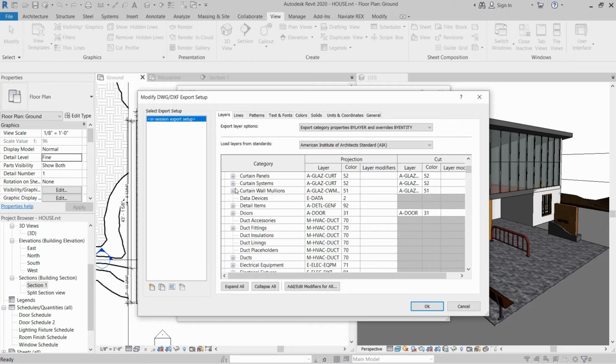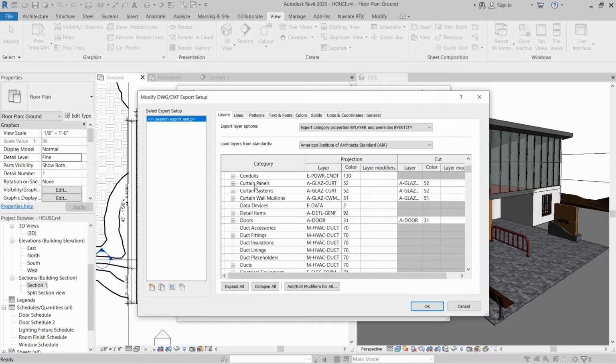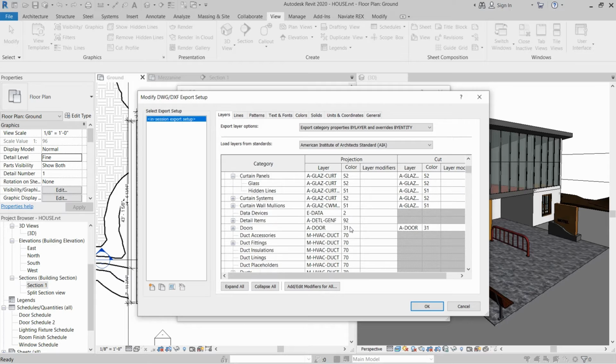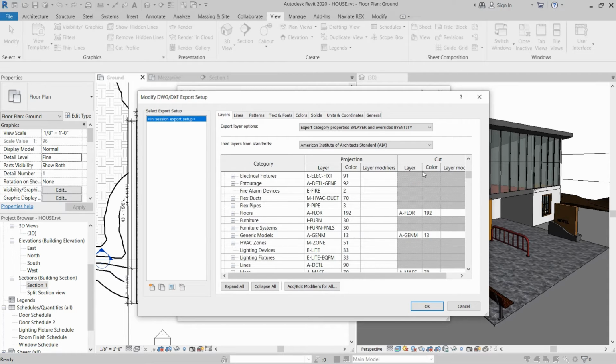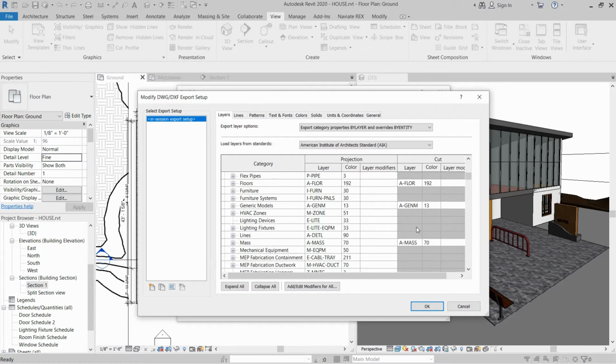For example, in the category, if you want to open the curtain panels, as you can see, we have glass curtain panels and the hidden lines, and it will be shown in AutoCAD as A-GLAZ-CURT, and the color is also available. These are the numbering of the colors, and in the cut section we have layers and the colors as well